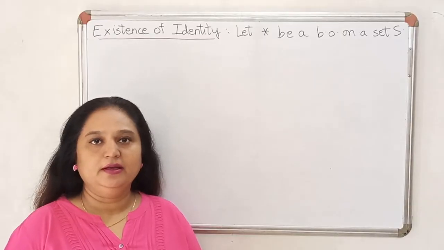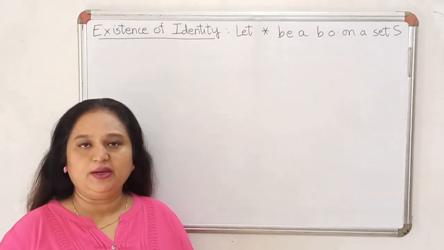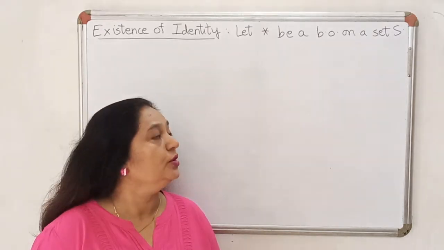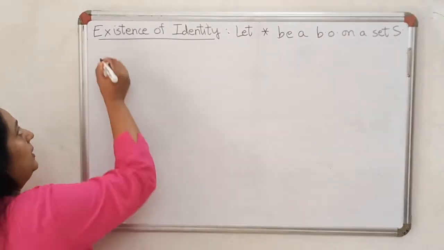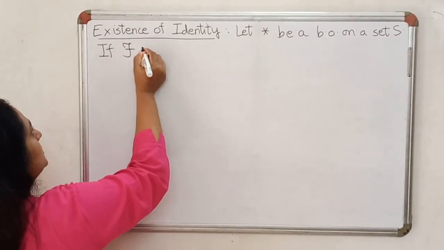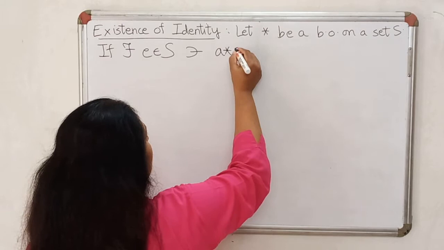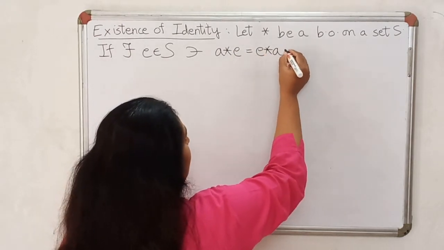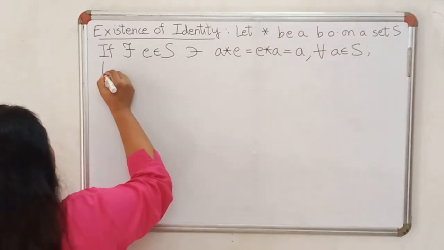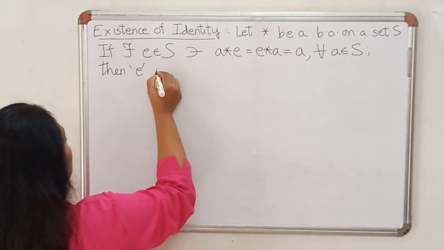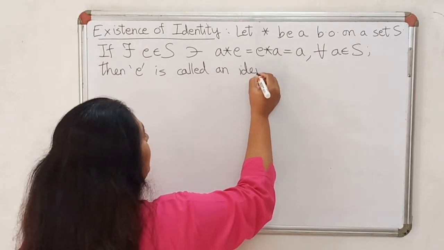Hello everyone. In today's lecture, we will look at two other aspects of a binary operation, and we'll start with existence of identity. So let us assume that star is a binary operation on S, and if there exists an element E in S such that A star E as well as E star A is equal to A for all elements A in S, then E is called an identity or identity element